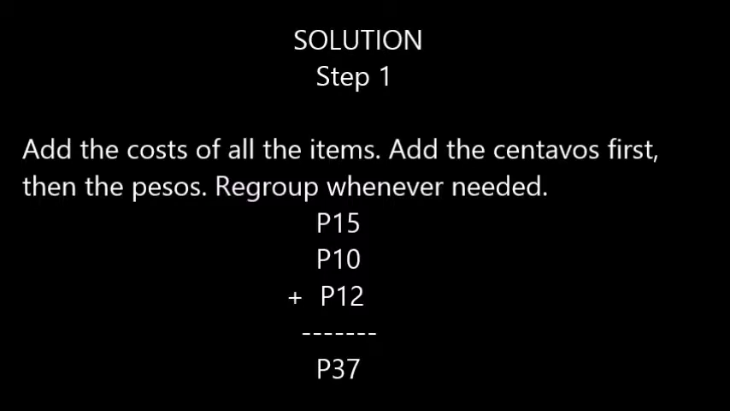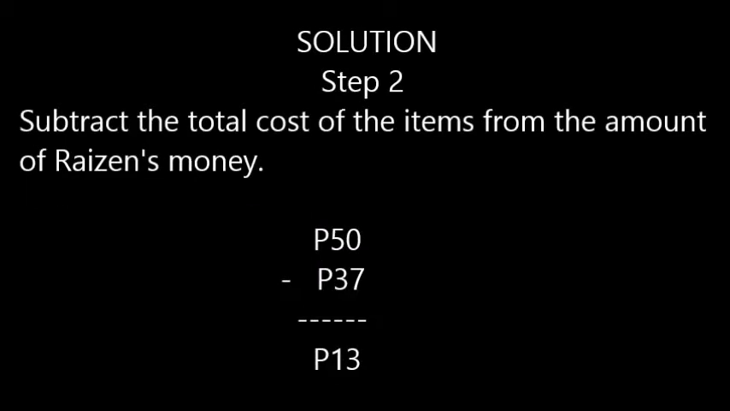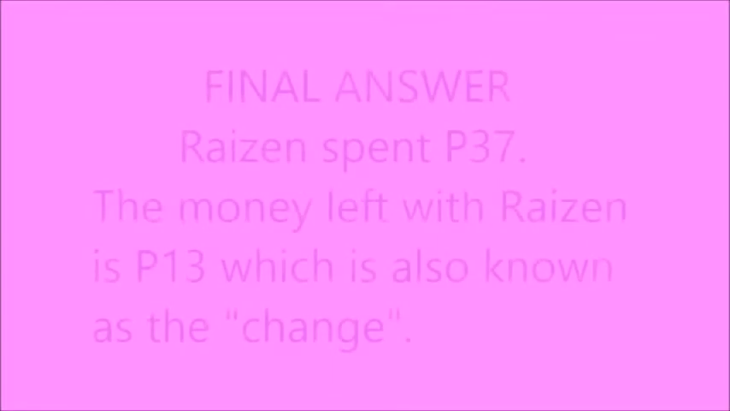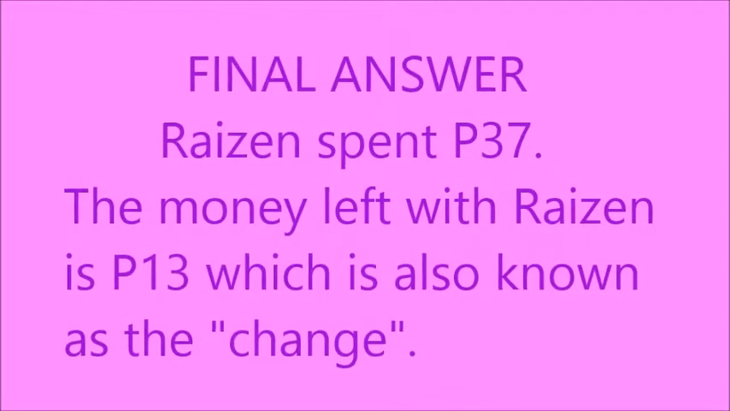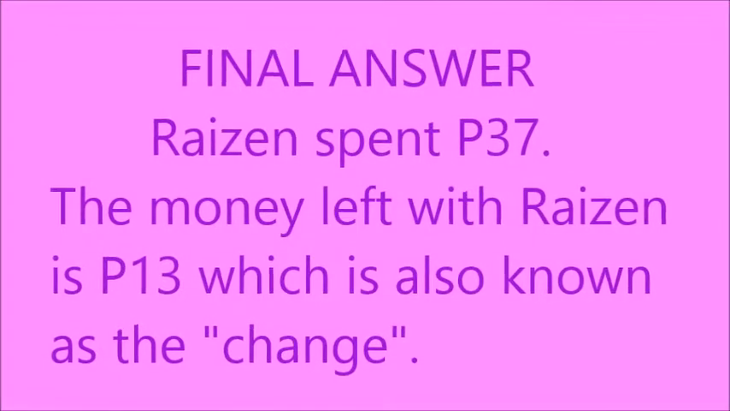Regroup whenever needed. So 5 plus 2 is equal to 7. 1 plus 1 plus 1 is equal to 3. Step number 2. Subtract the total cost of the items from the amount of Ryzen's money. So that would be 50 pesos minus 37 pesos. That would be 13 pesos. The final answer is Ryzen spent 37 pesos and the money left with Ryzen is 13 pesos, which is also